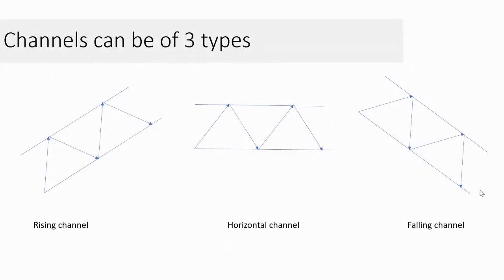Channels can be of three types: rising channel, horizontal channel and falling channel. A perfect channel will have two defined parallel lines. Normally they are parallel, however they can be a little slanted at times. Otherwise mostly they are parallel channels. So the price will move in a very organized fashion. For example, it will go up, take resistance here, come down, take support here and so on. A horizontal channel is very easy to spot, and the price is basically moving in a range here. In a falling channel, the price will keep falling but in an organized manner.